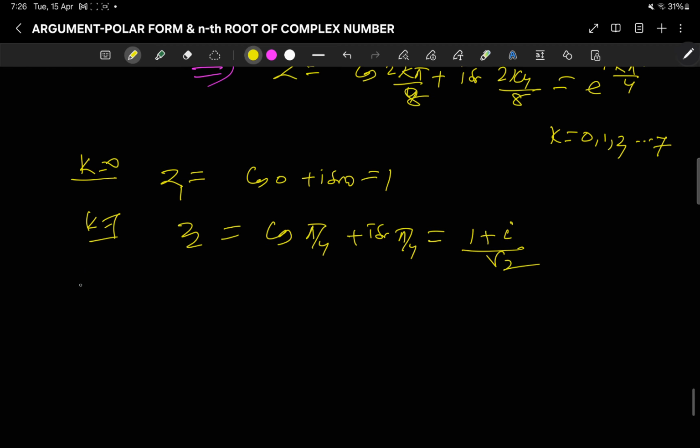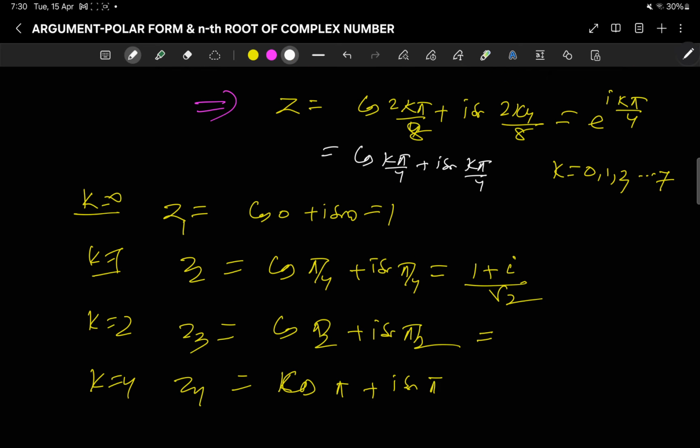Okay, similarly, for k is equal to 2, z3 is cos pi by 2 plus i sin pi by 2. So cos pi by 2 is 0, sin pi by 2 is 1, and for 3 it is cos 3 pi by 4 plus i sin 3 pi by 4. So cos 3 pi by 4 is minus 1 by root 2, it is minus 1 plus i by root 2,